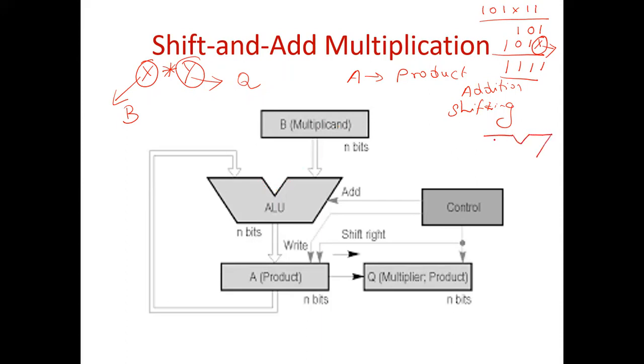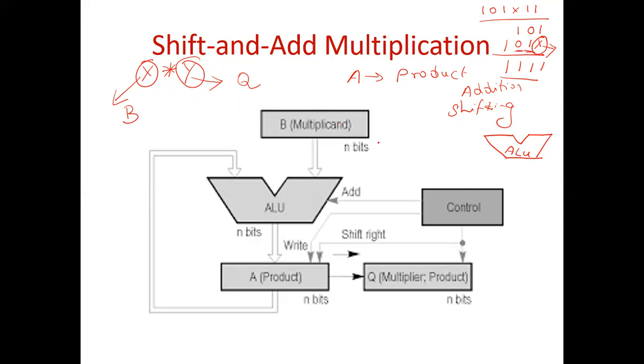Okay. Arithmetic and logic. If you know the circuit diagram, you clearly know this symbol. This symbol is the arithmetic and logic unit. It will perform addition as well as logic operations. Here, shift right: I am shifting the value to the right side, by making the proper position on the right.